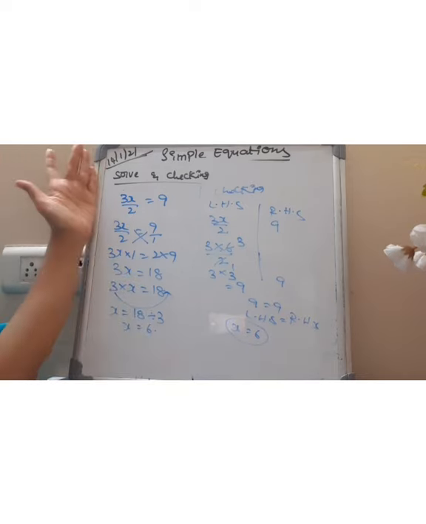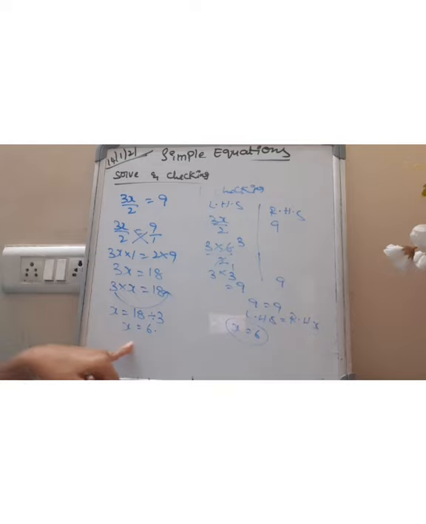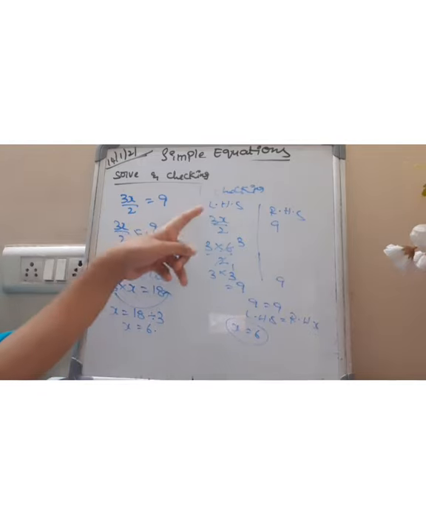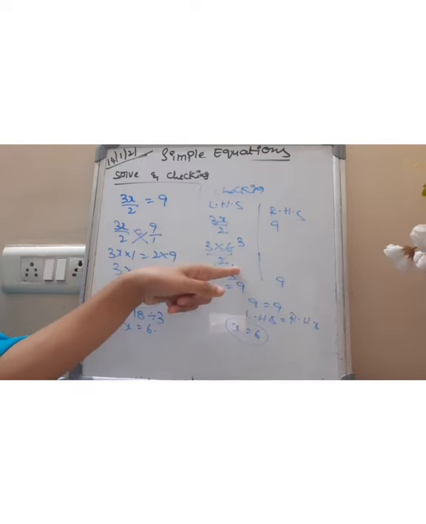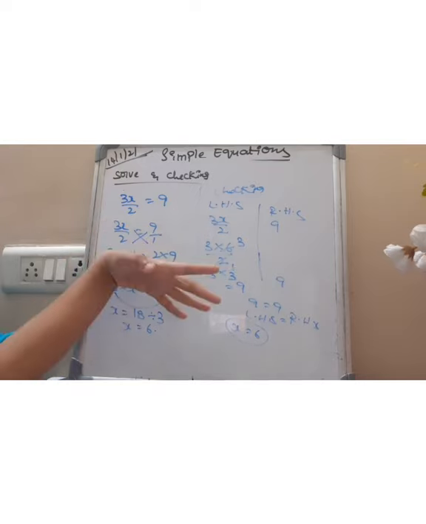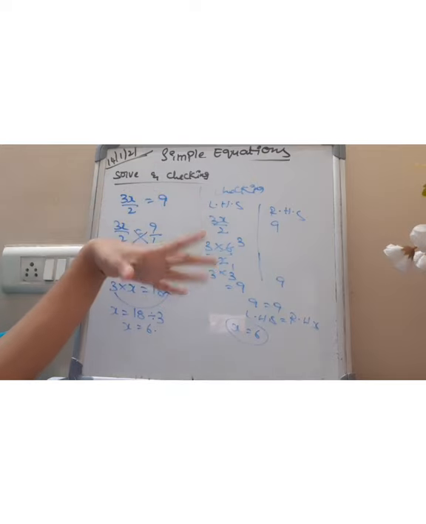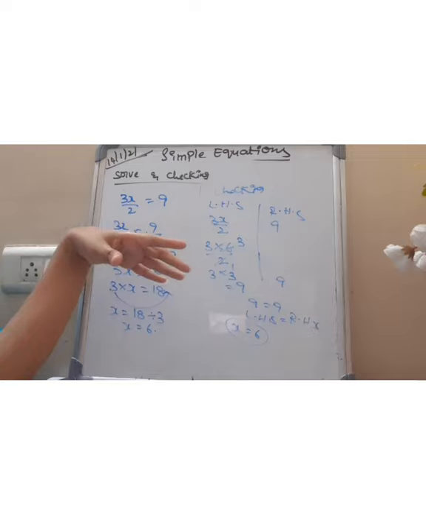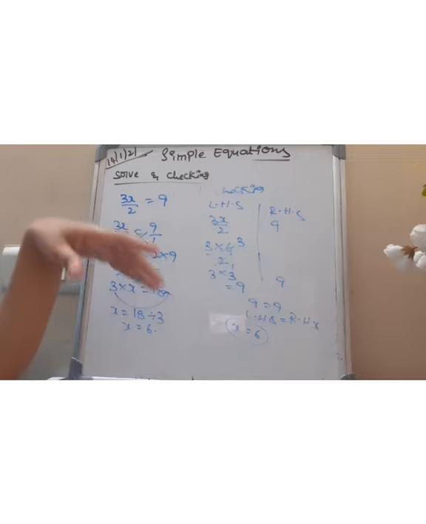So we have done solving and checking. If they ask in the exam only to solve, just find the value of the variable. If they mention solve and check, then you have to go for the checking. In checking, you have to just prove that the LHS part is equals to the RHS part. Is this clear to everyone? This exercise is done. Few more questions are there. Please take them as homework and complete those problems. Am I clear to all? Any doubt, you can ask me personally.